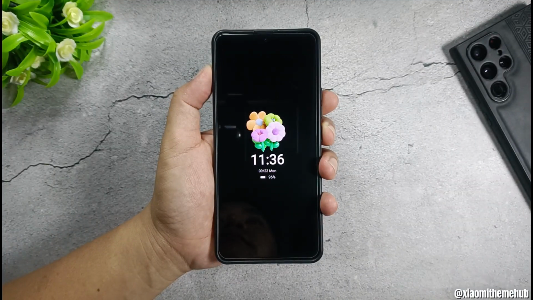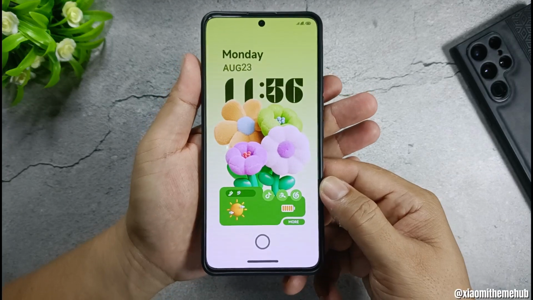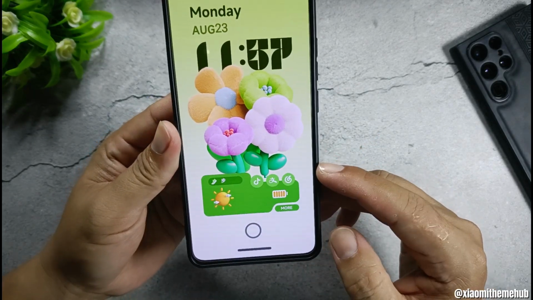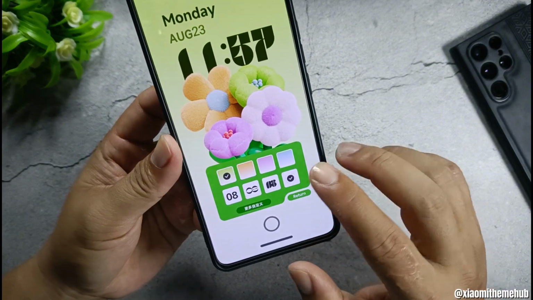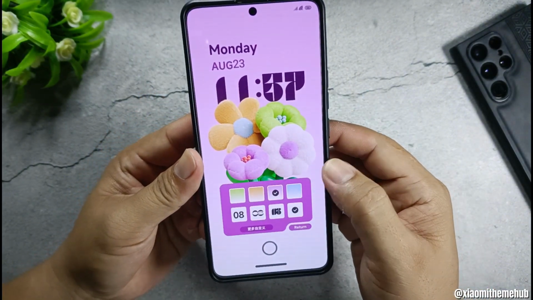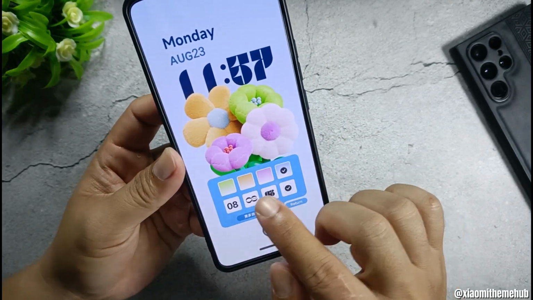Hello everyone, today in this video, I will bring you beautiful themes on the Chinese theme store. All themes in the video are not available at global Xiaomi theme stores. But in this video, I bring you a backup created by me, with which you can install these Chinese themes